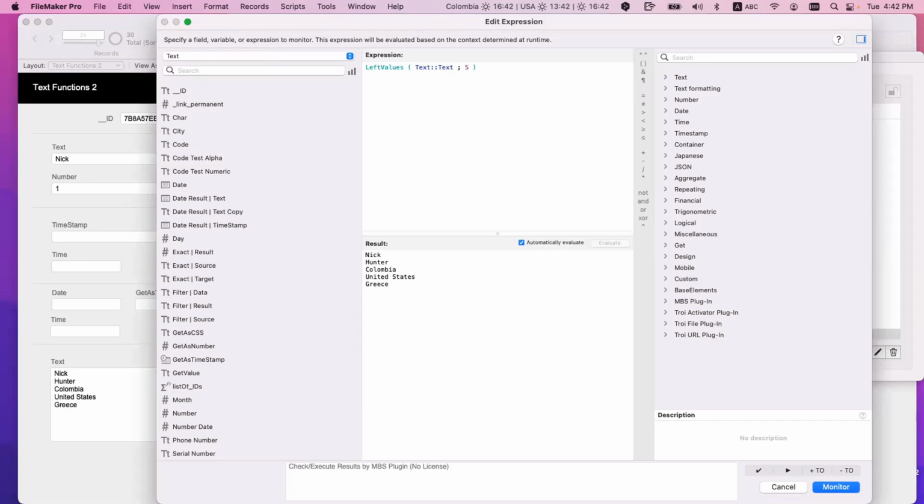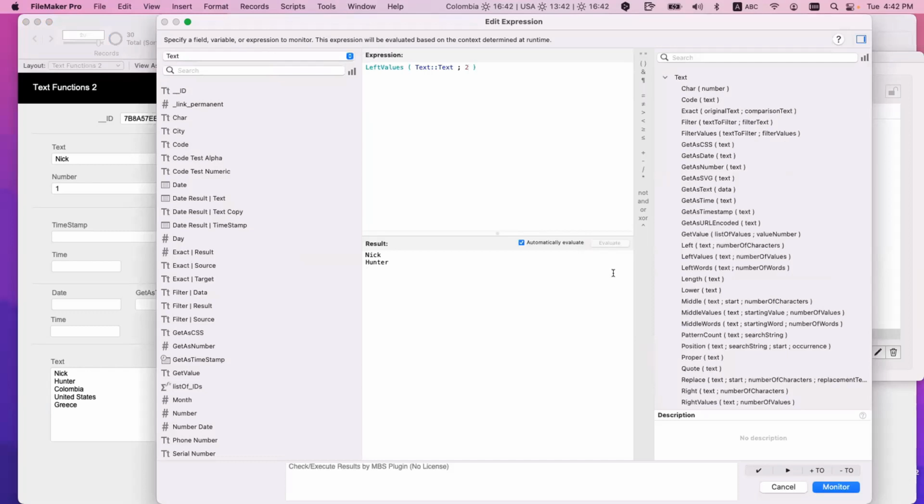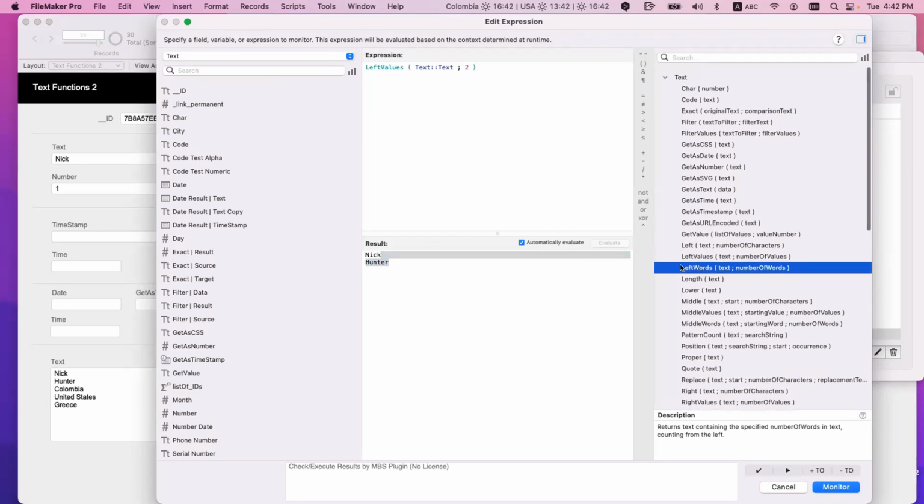So I'm taking the left value and I want the 2 first. Correct? That's what it's doing. So that's the difference: left is about characters. Left values is for the value. And then we come to the left word. So what the left word do,